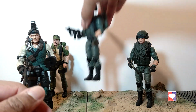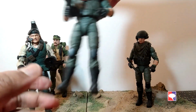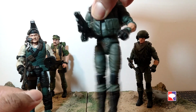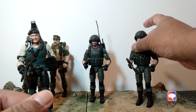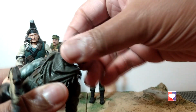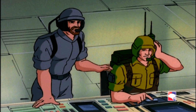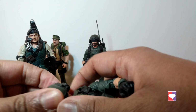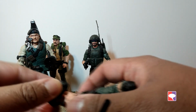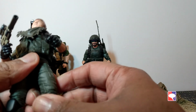He's very loose, as you can see, mostly because he's been bent on the RAM cycle for several years, but he still stands up pretty well. And this second Breaker action figure is actually my version of Sparks. Sparks was a character that we saw mostly in the cartoon series, but we also saw him later on in the G.I. Joe comics. Now, Sparks is also a communications officer. He was created for the G.I. Joe team. I don't know why they created him when they had Breaker, but he was featured in several episodes,